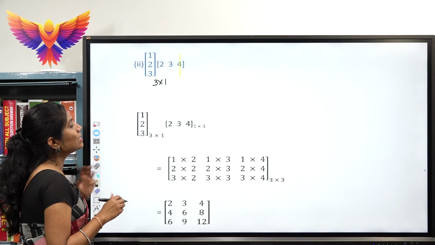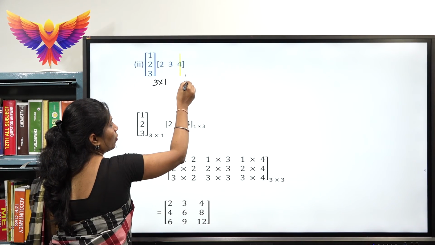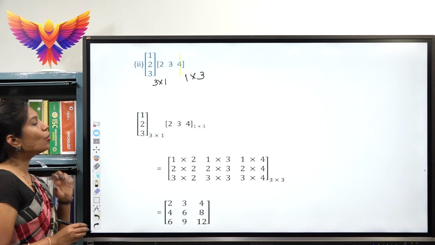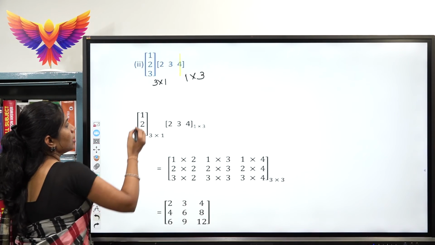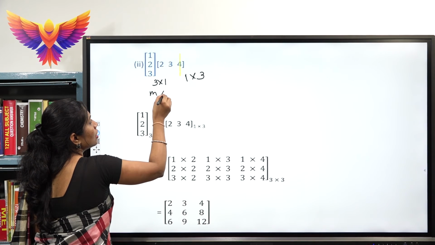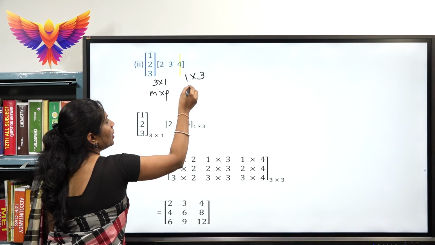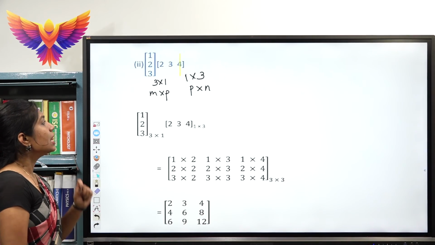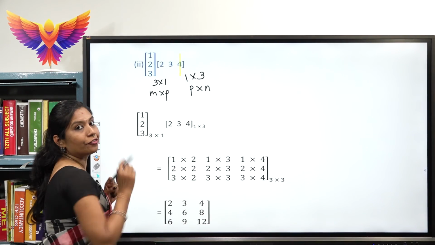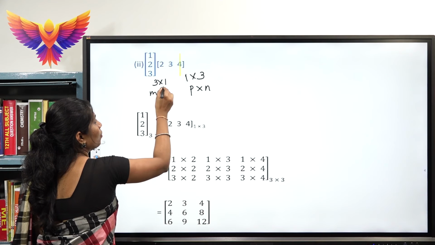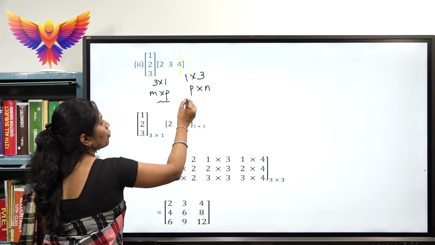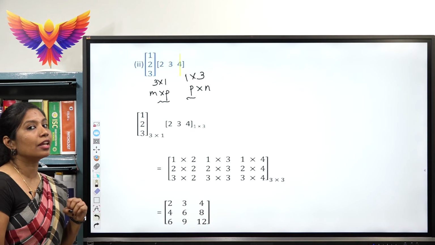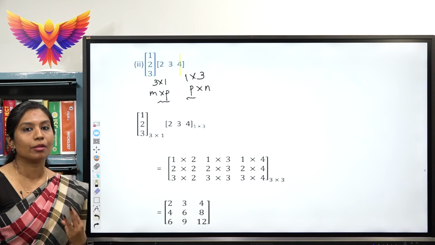So, now a single row, that is a row will be 1 here, into I have 3 different columns. Now, how do I generally write it? It can be written as M cross P and P cross N. Okay. Clearly, the number of columns of the first matrix, that is 1 here, is same as number of rows of the second matrix. Both are 1 here. And what about the solution that I need to get? I should get a 3 cross 3 matrix here.